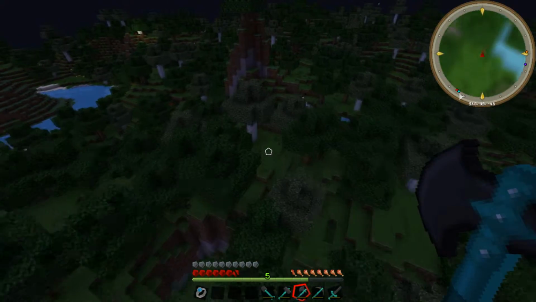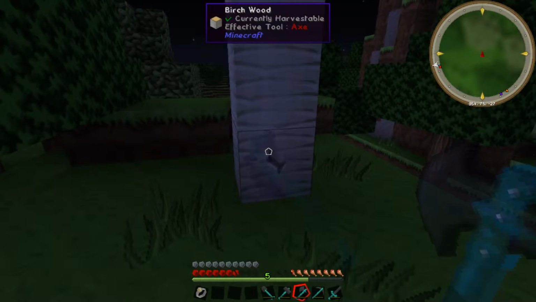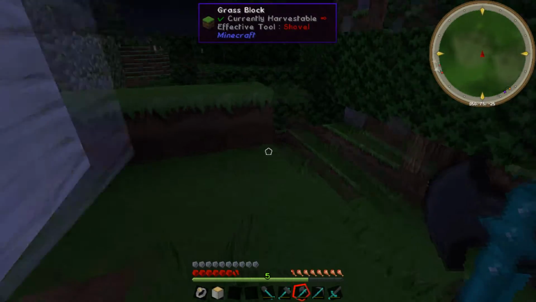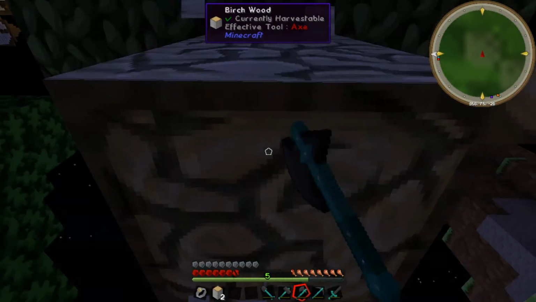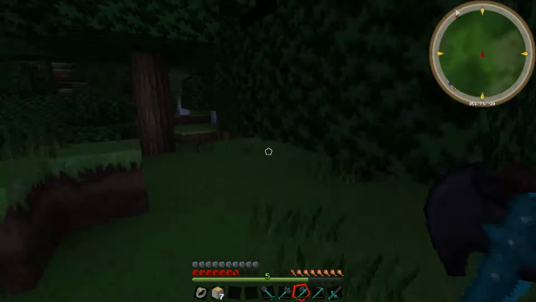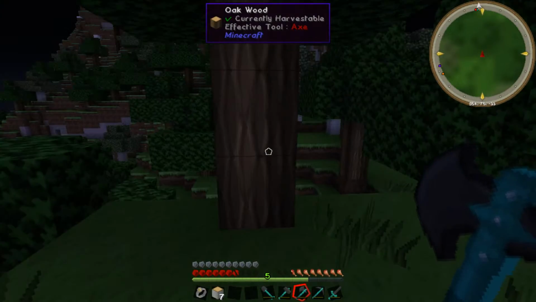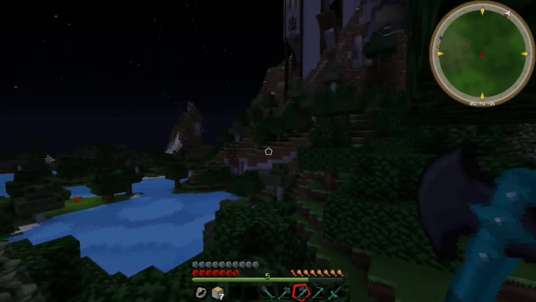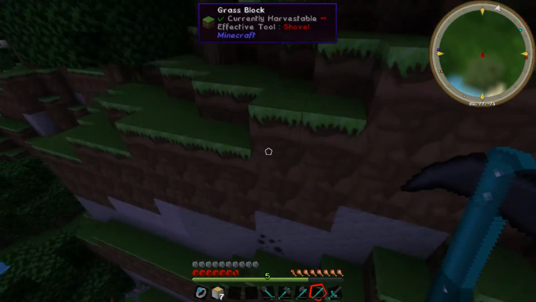on, let's go with this tree. So apparently doing that has not done anything. I'm disappointed. I wanted the tree to fall over. Is it shift? No? Nothing? Oh well. As for the dark matter pickaxe, it has a...